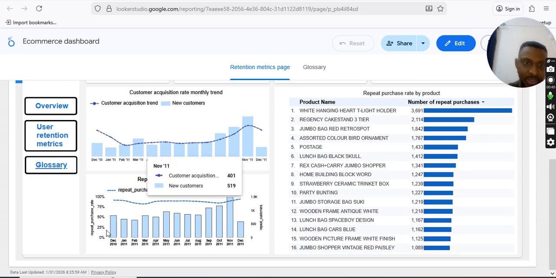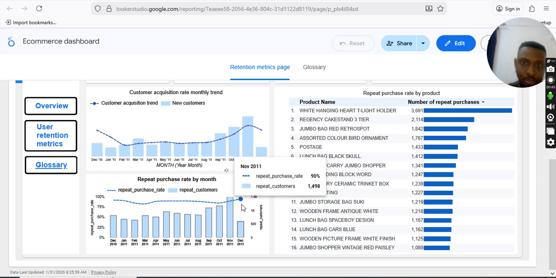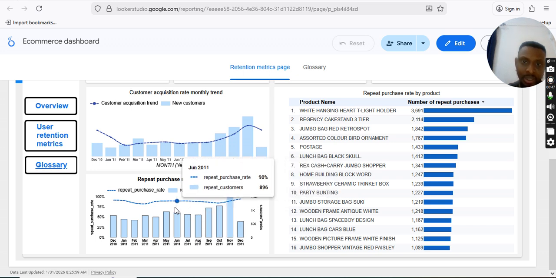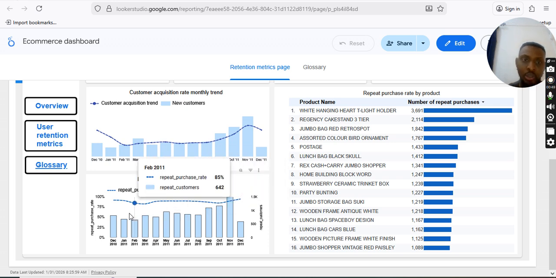And this is another one. This is repeat purchase rate. You can see the trend also keeps changing month over month. That's the simple way it works. So basically that's the same thing I'm going to work on for your project. There's nothing we cannot calculate. Basically we can calculate trend for